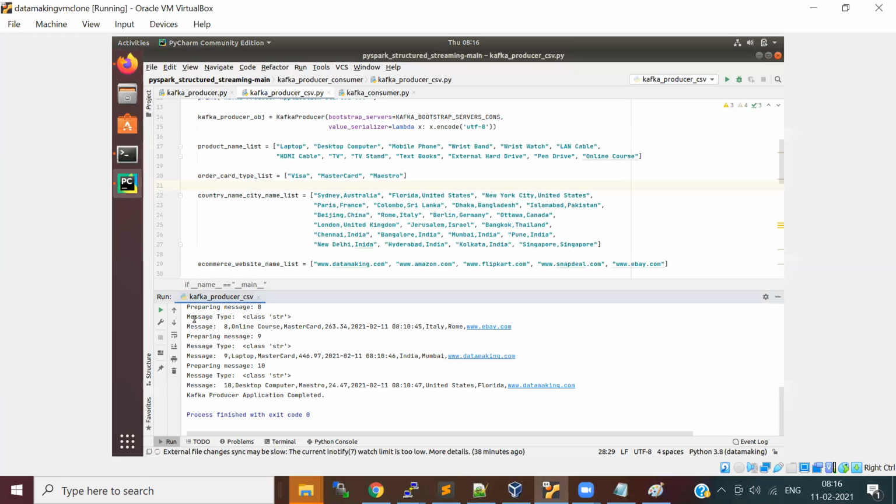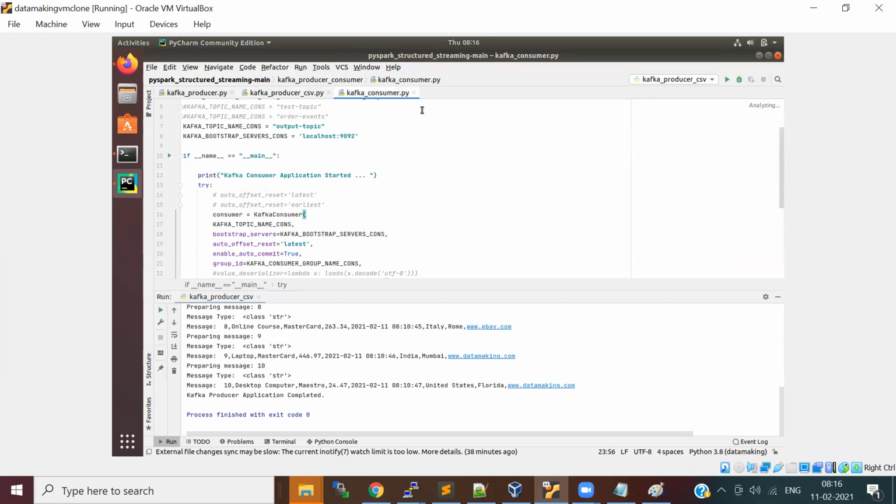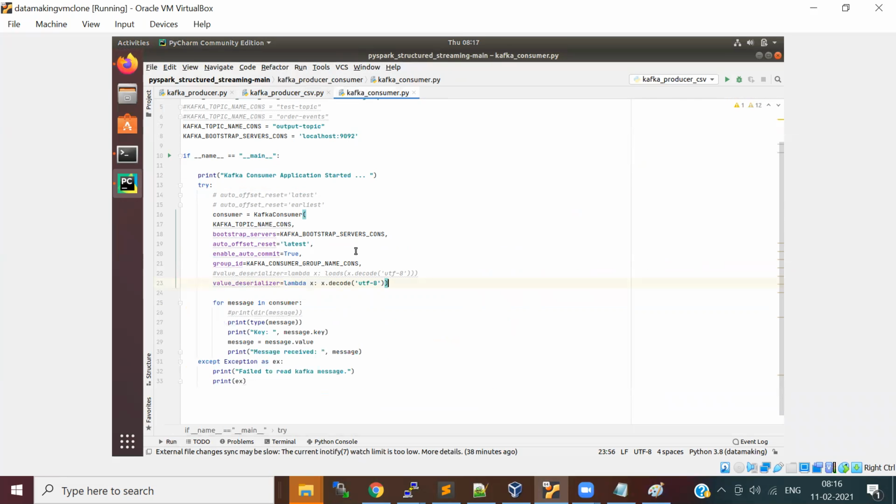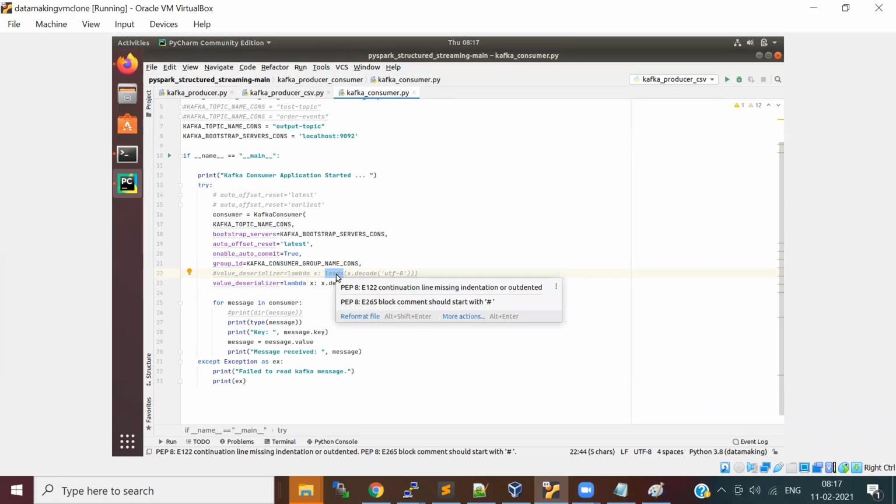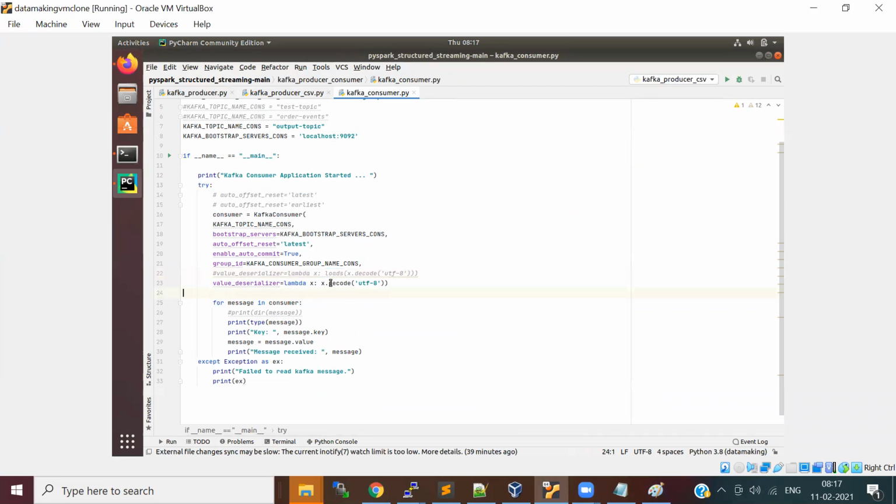So I'll stop this. Okay, this is already stopped. So this is our consumer program. When we consumed the message earlier, we were sending it in JSON format, so I was using the load method for decode, meaning deserialization. I just commented it out, because now I'm going to send a text message, which is comma separated values, and I'll just decode and convert it to a string and show it here. This is what this program is going to do.